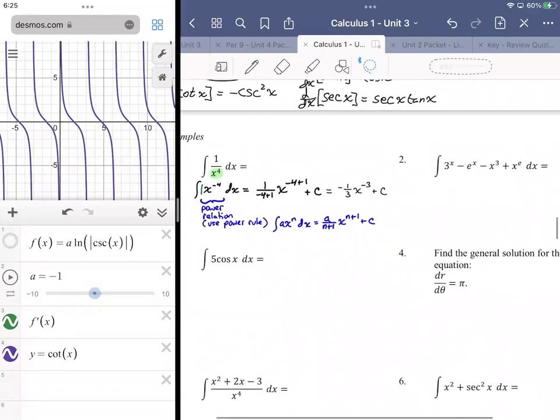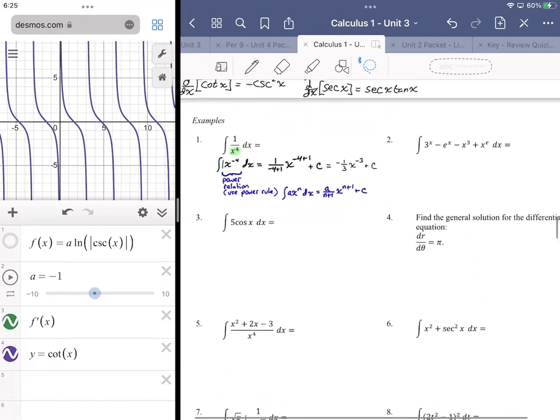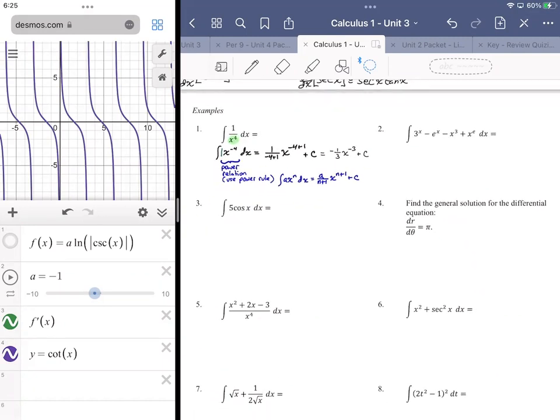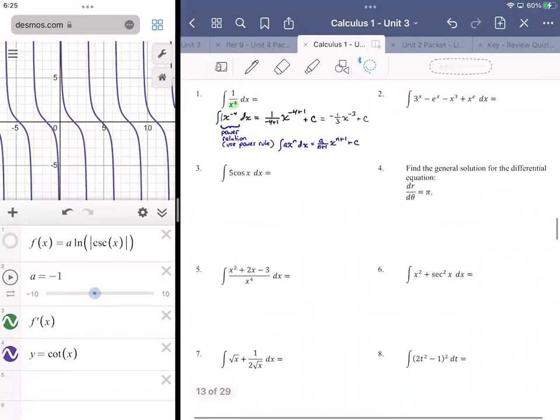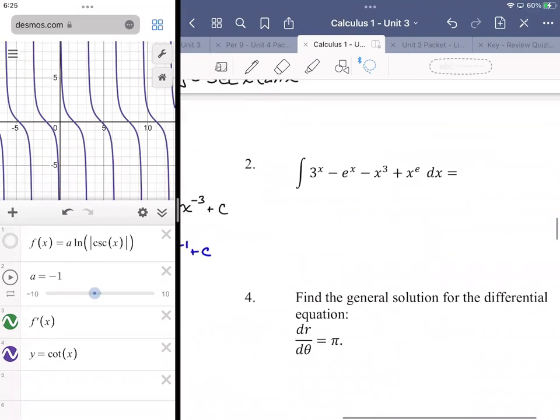Right. Number 2 has some exponential stuff in it, but it also has some sums and differences. The first thing that we want to do when you see a problem like this, and actually this comes into play repeatedly, it happens again in number 5, number 6, number 7, number 8. So basically, most of the problems on this page, you want to be either rewriting this so that they're separate integrals, or you want to just be thinking of them as separate integrals. So this would be the same as